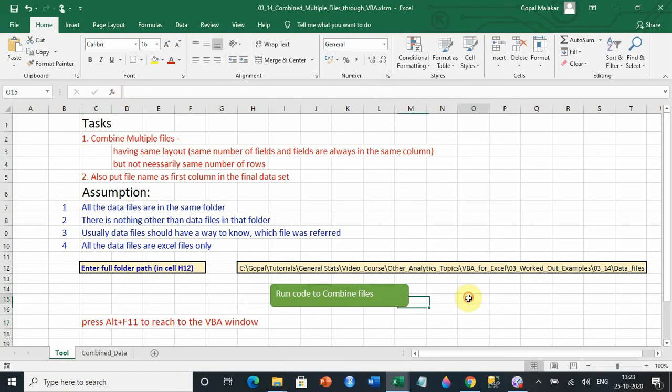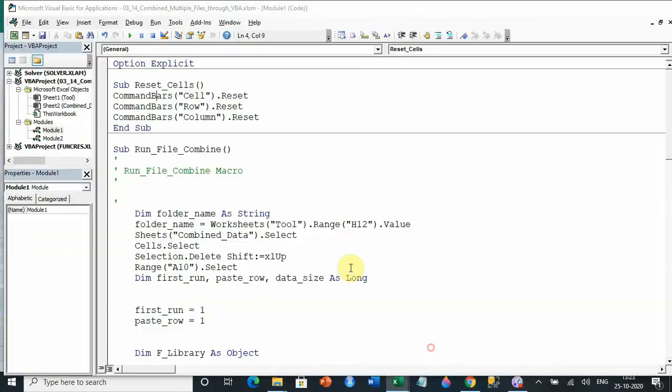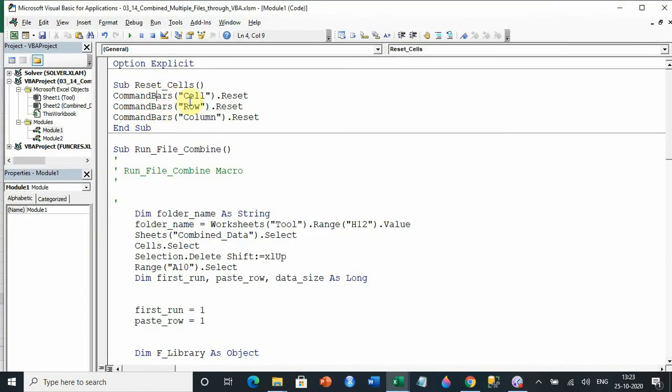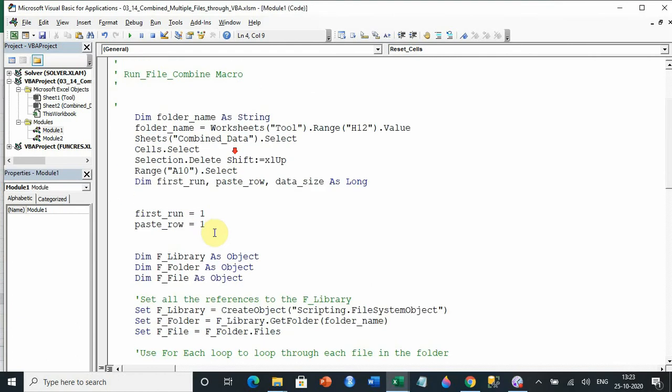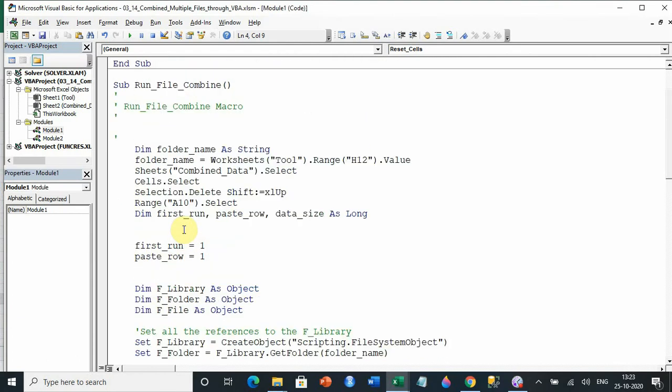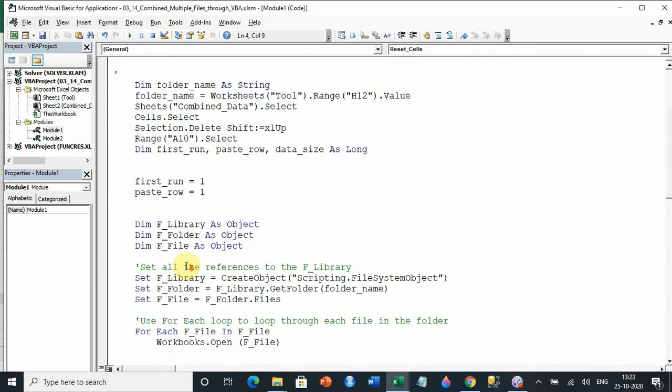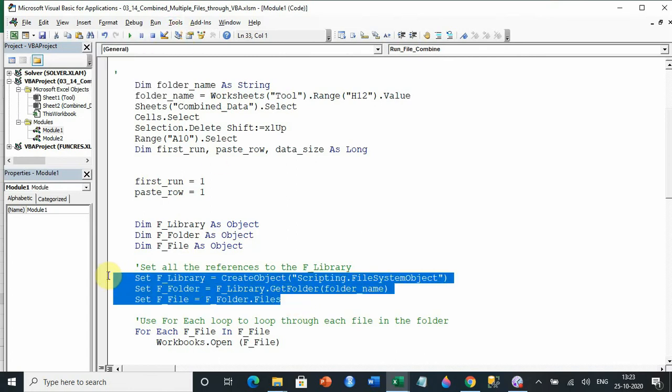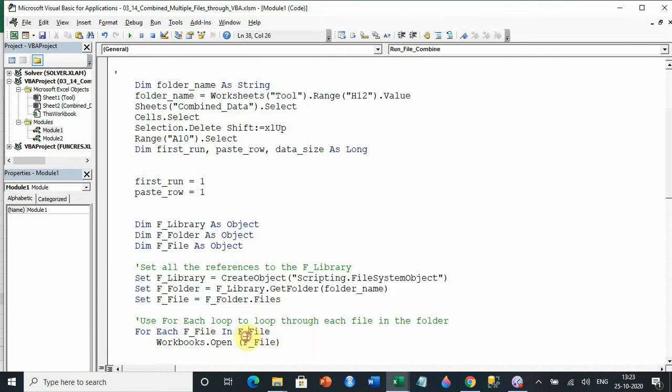So once you reach there, and if it does not run, this is what you should do, because it will reset a lot of things, and here it is putting the reference also automatically. So that should work. If it was not kept here, you'll have to probably do Tools, References and all those things, but I am doing this directly through this reference only.